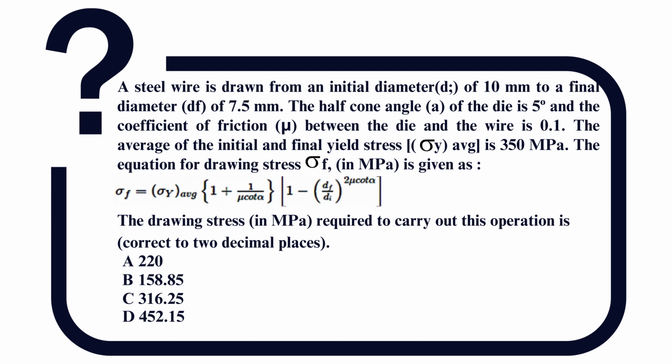The equation for drawing stress sigma f in megapascal is given as sigma f equal to sigma y average into (1 plus 1 by mu cot alpha) into (1 minus (df by di) to the power 2 mu cot alpha). The drawing stress in megapascal required to carry out this operation is option A 220 megapascal, option B 158.85 megapascal, option C 316.25 megapascal